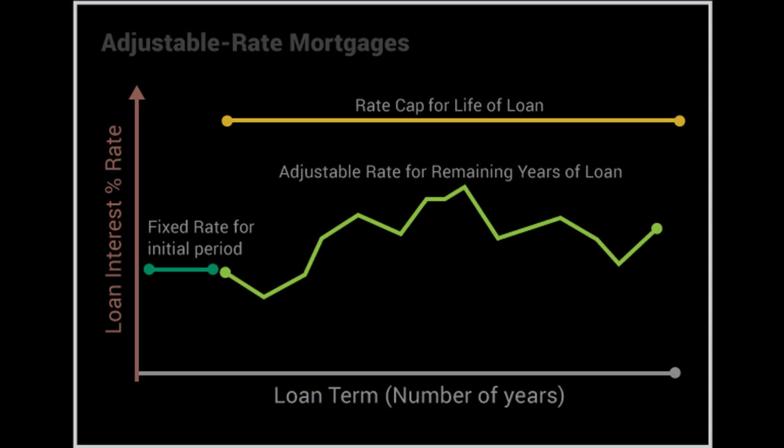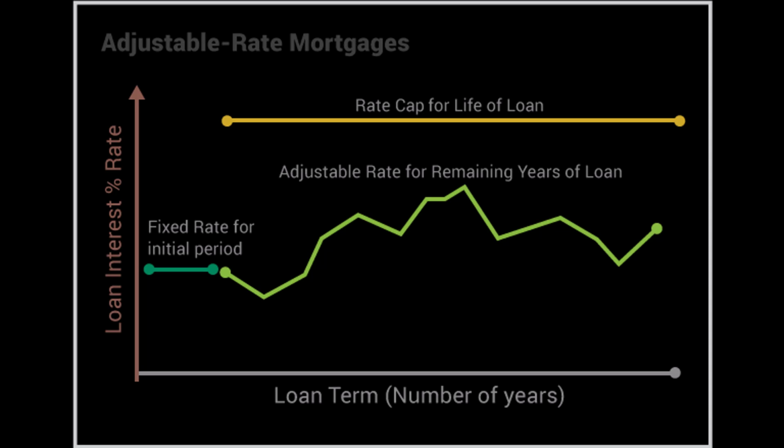And so these limits can be periodic, they can be over the lifetime of the loan. And so an important question to ask is, does this cap apply to the teaser rate? And the teaser rate is a rate that's typically significantly lower than normal interest rates, meant to entice buyers to take on the mortgage. A payment cap is a limit on payment changes rather than a limit on interest rate